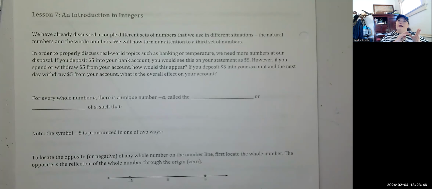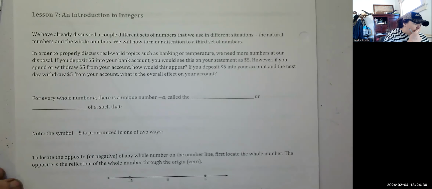So now we're going to turn our attention to a third set of numbers. But in order to properly discuss the real world situations in which these happen, like banking or temperature, we need more numbers at our disposal besides just those two sets. All right, so let's go with an example. You deposit $5 into your bank account. You would see this on your statement as $5. However, if you spend or you withdraw, which is the word that's used for the banking, the $5 or another